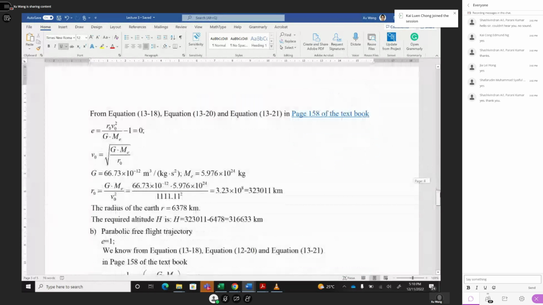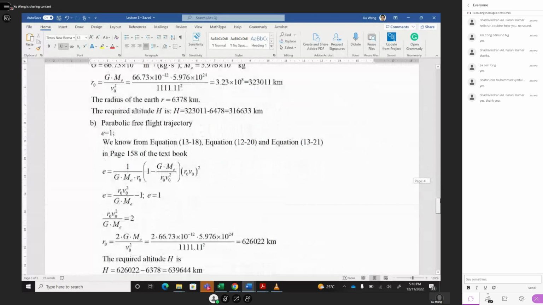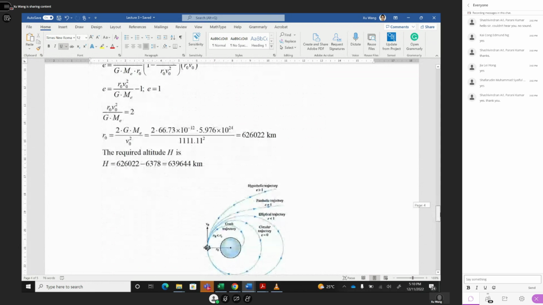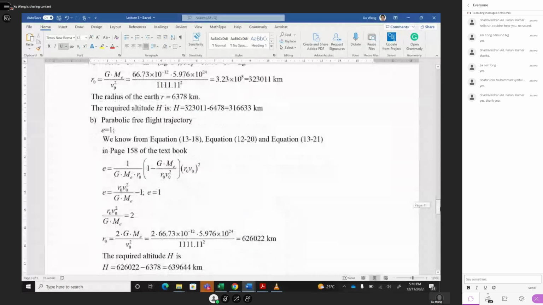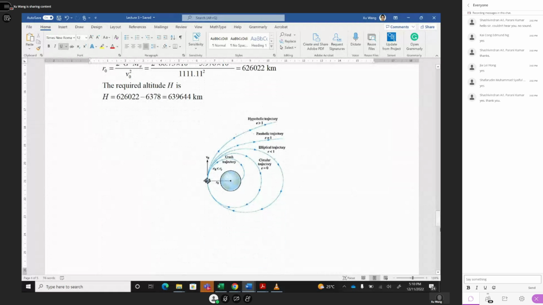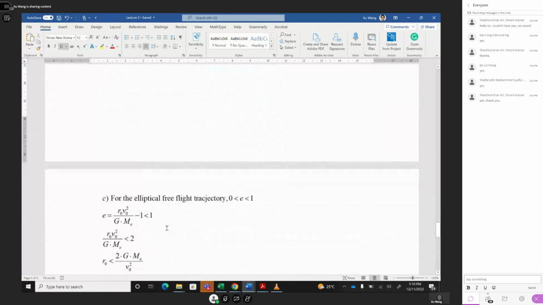So that's what I get for the parabolic free flight trajectory, and equal to this is your R0 minus the radius of the Earth, equal to 339,644 kilometer height. Okay, then we go to this for parabolic. Then we keep continuing, and for the elliptical free flight trajectory, the E should be less than 1,